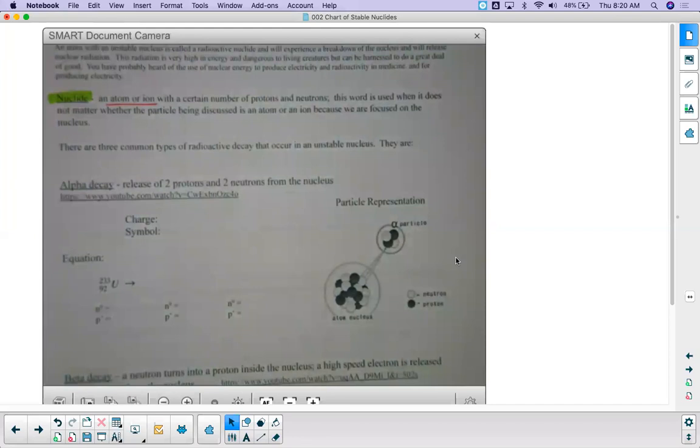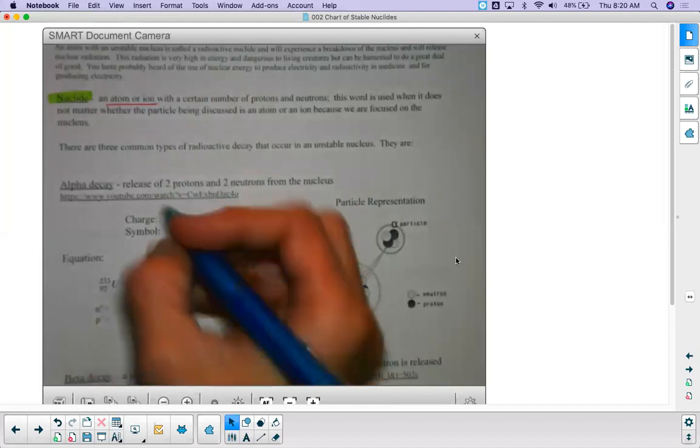Tuesday in our video, we encountered a radioactive decay of uranium. Uranium demonstrated one of three possible common types of radioactive decay. Radioactive decay occurs if the nuclide is somehow unstable. So we're going to look a little more closely at these types of decay. The type of decay we saw in the movie was something called alpha decay. It's the release of two protons and two neutrons from the nucleus. Since it represents two protons and two neutrons,